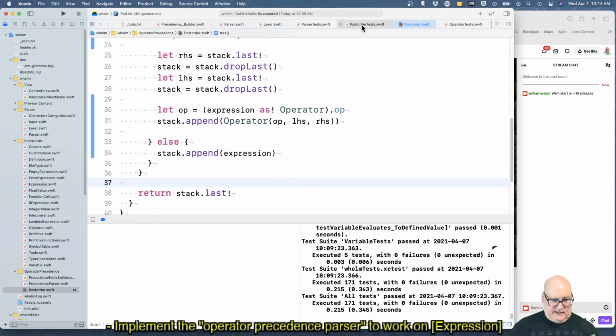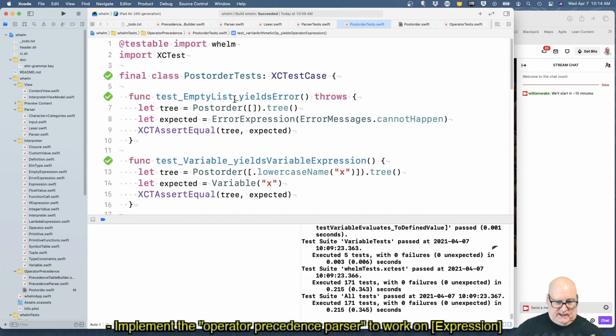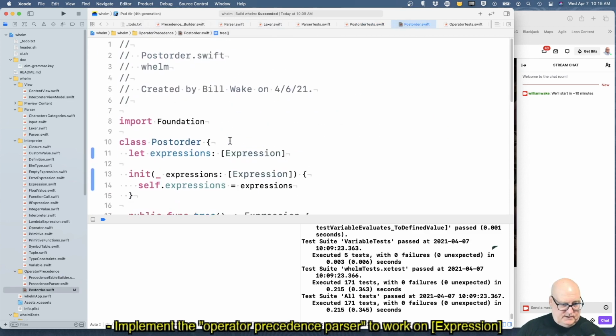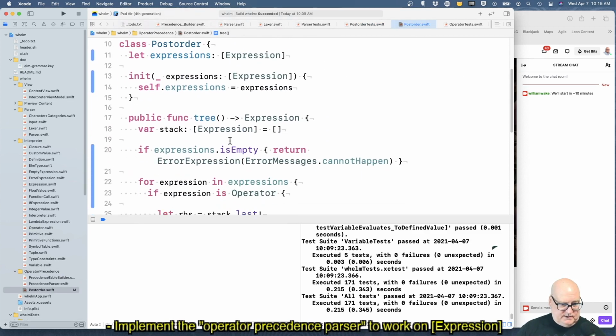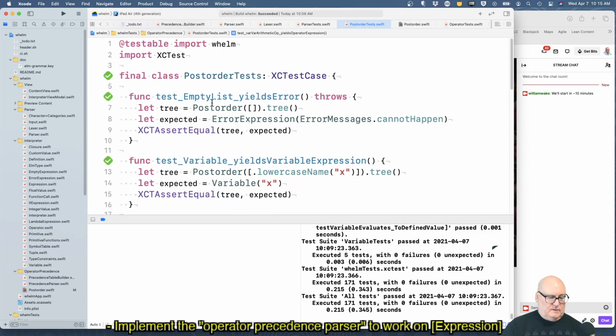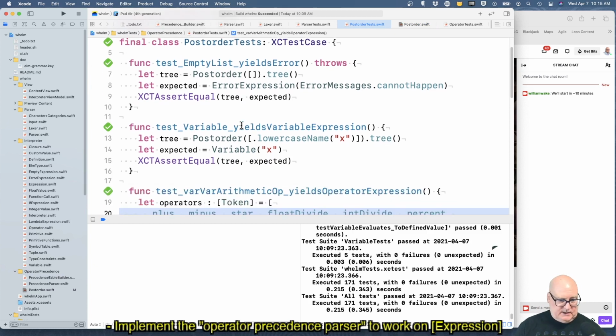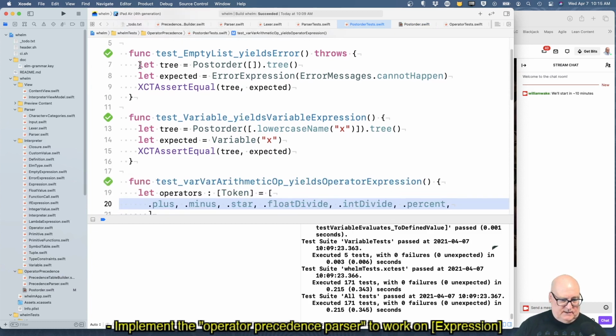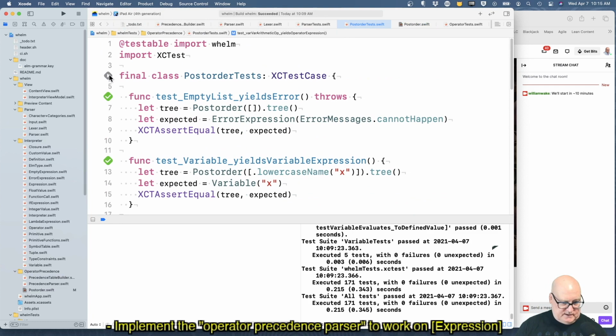Okay, and then the tests, we're just going to convert them kind of mindlessly. Did I get the types right on there? Post order expressions, yeah. Okay, so empty list yields an error. That seems like it's not going to change. Well, let's just run these.